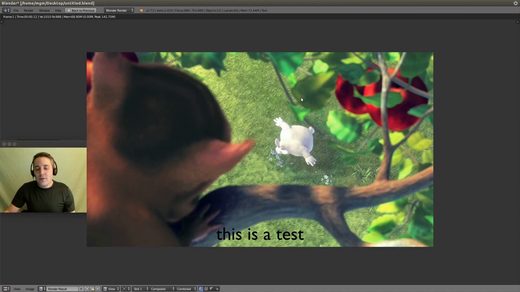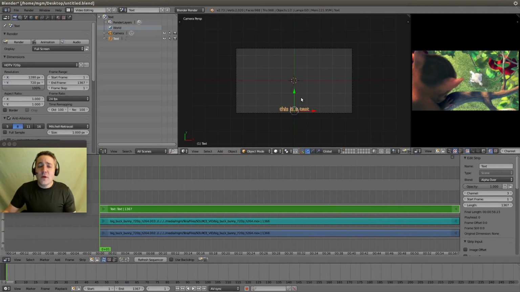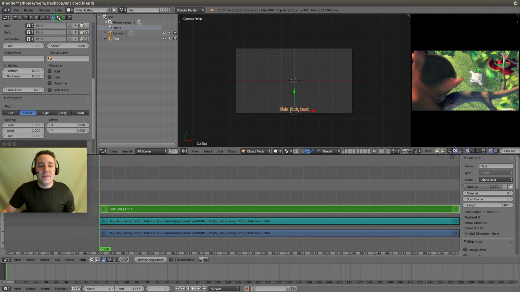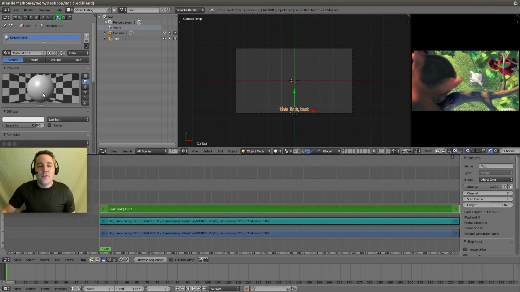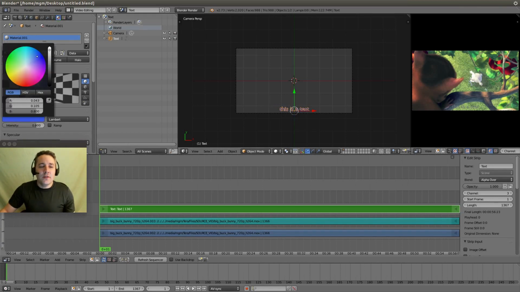I want it to be a different color, and black's just not going to work. So blue would be nice. So what I want to do is I need to give the text a material. So if we go over to our properties, right next to that tab that was the F tab, the font tab, there's a material tab, and it has no material. So let's click New, and so now it made a material that is white. So let's select a different color. I want to make it blue. So I'm going to actually select this from the color wheel,